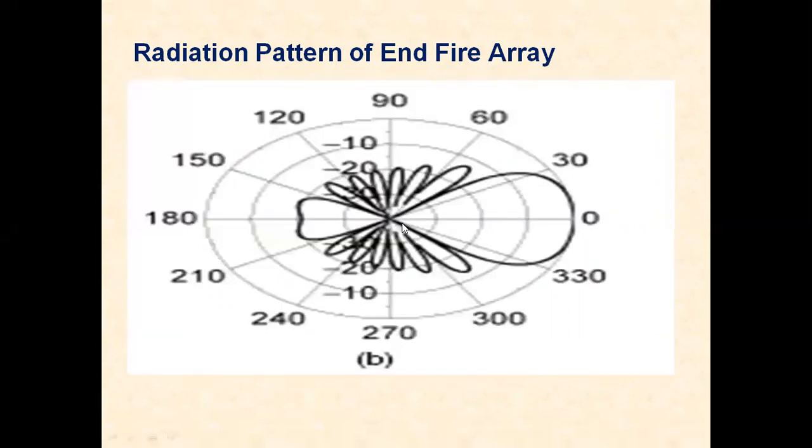This is a radiation pattern. You can see that for practical end-fire arrays, because the cancellation cannot be done in the opposite direction, there is some radiation in the opposite direction, but the maximum radiation is toward the desired direction, that is, 0 degrees, parallel to the array axis. And there are some minor lobes also present. There will be some radiation in this direction, but the maximum radiation, the maximum directive gain, is parallel to the array axis. In this case, it is 0 degrees.